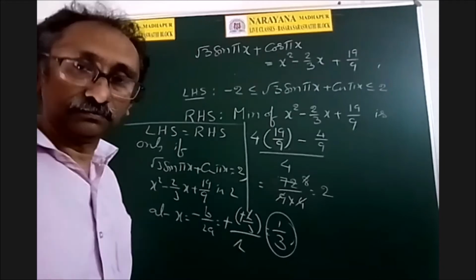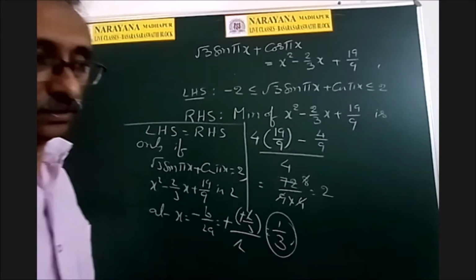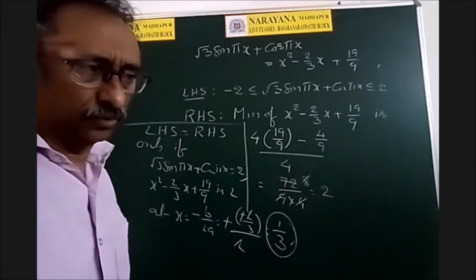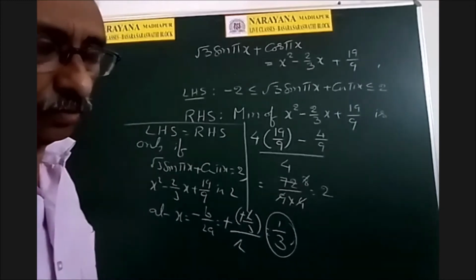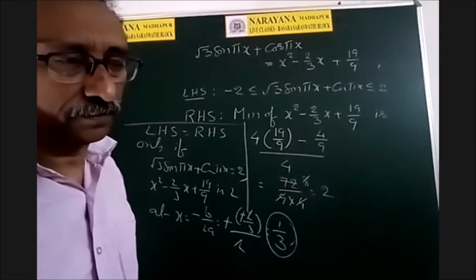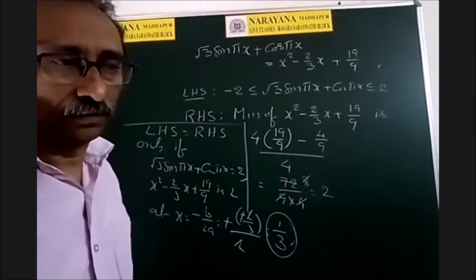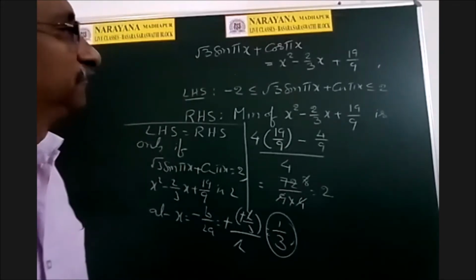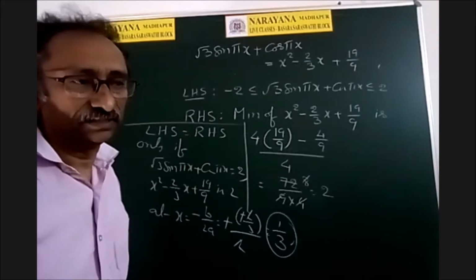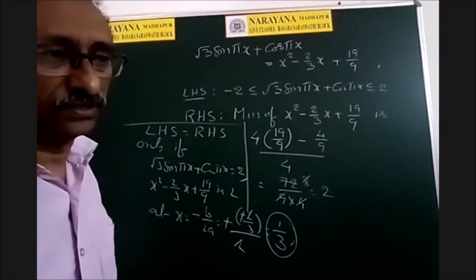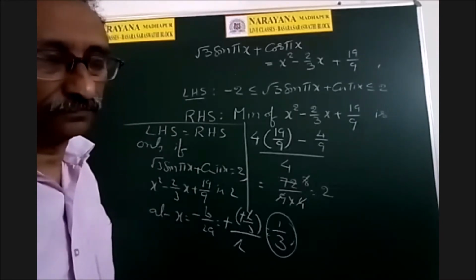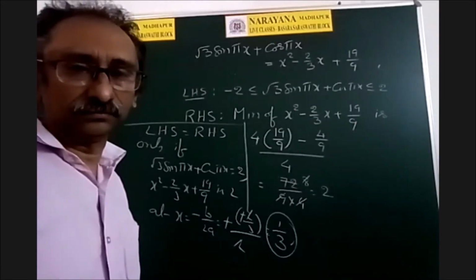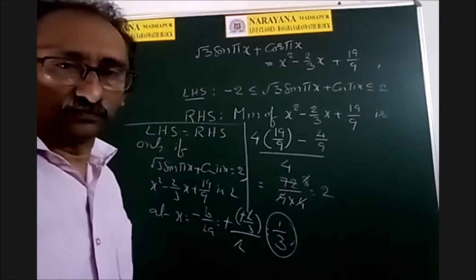Amareshwar. Hello, sir. Good morning, sir. Now tell me, whether we discussed it yesterday. Yes, sir, we discussed it, sir. Now tell me, what is the minimum value of ax square plus bx plus c? 4ac minus b square by 4a. Okay. So whether we have written it or not. Yes, sir, we have written it.